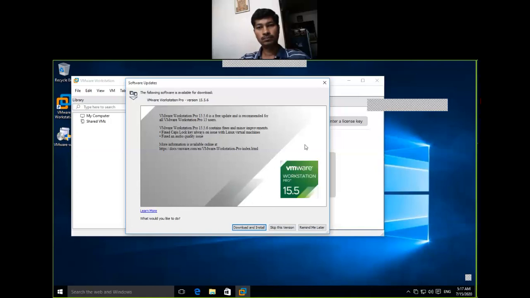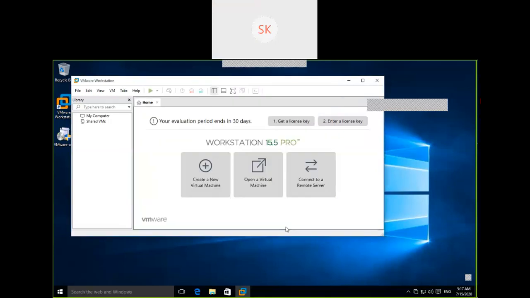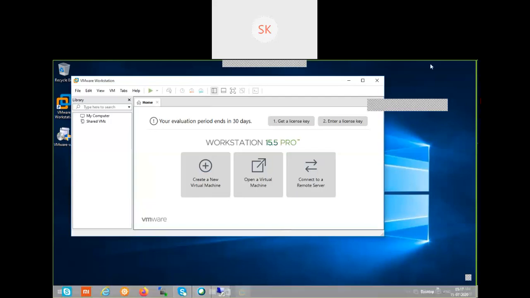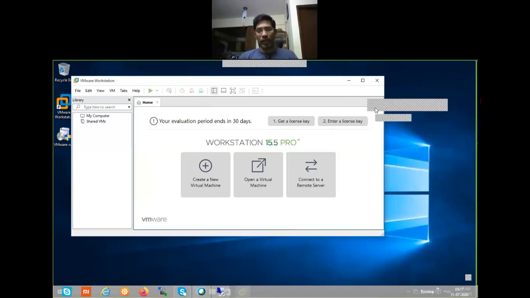No, skip this version. Remind me later, skip this. It is asking that the latest version is available and asking for installation. Now, this is a setup of VMware Workstation. No need to perform any advanced configuration here. Just a simple creation. And in addition to that,